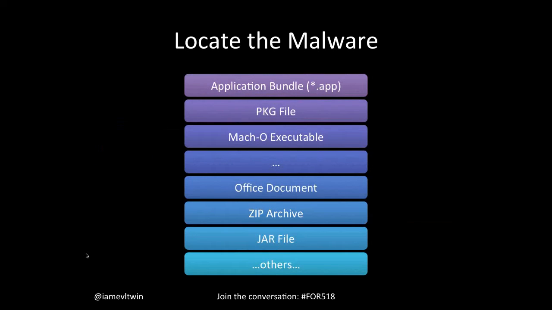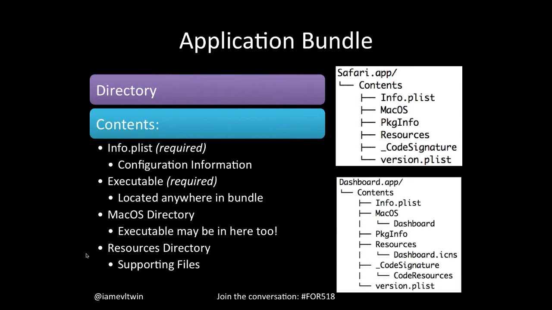So, locating the malware. There are a couple of different Mac-specific places where we're going to look for malware: application bundles, these are your .apps, PKG or package files, and Mach-O executables. You will find malware in other types of documents, archives, and things like that. But when it comes to analysis, that has really been covered in many other places. A jar is a jar is a jar. A zip file is a zip file on Windows as it is on Mac. So we won't be covering a lot of that because it's going to be the same analysis across the board. We're going to go more into the Mac-specific